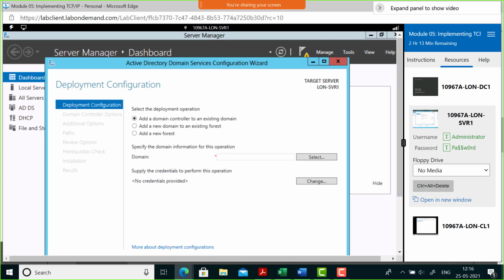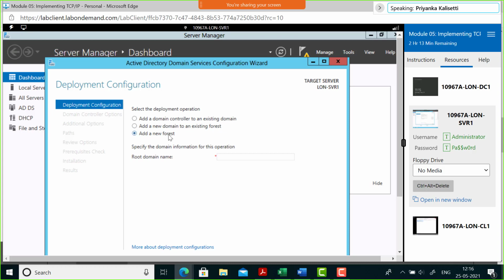Yes, the same definition applies here, but please understand, you're at the basic level of Active Directory, so we are not going to discuss the forest concept. It will go above your head at this moment. The first two options we are not going to use because we don't have anything existing. It's completely new. That is why you're going to select the option, add a new forest.